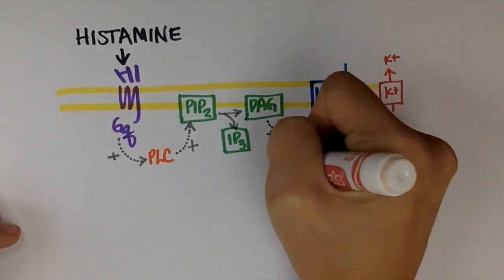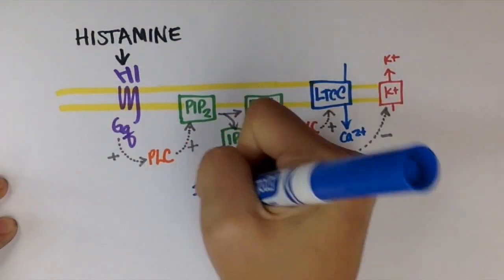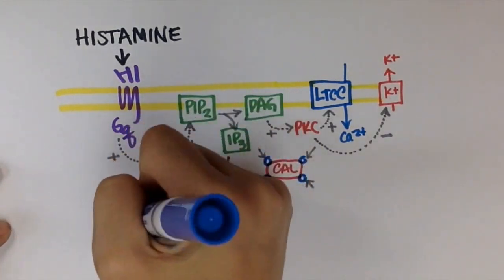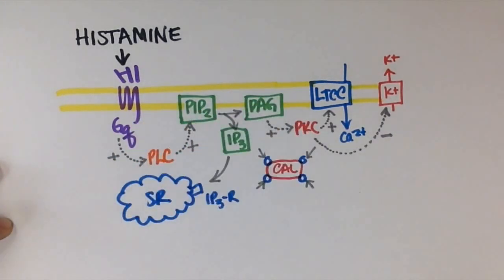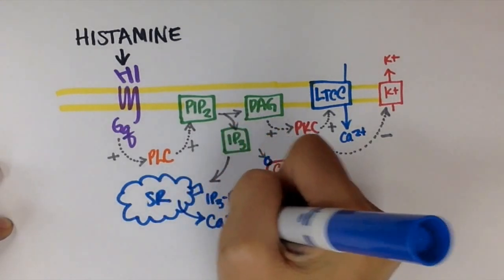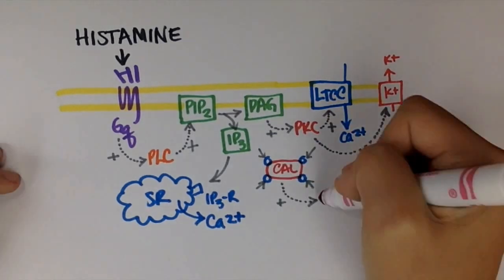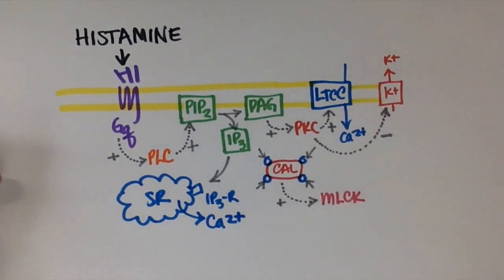The other product of PIP2 conversion, IP3, goes on to activate IP3 receptors in the membrane of the SR, a membrane-bound organelle responsible for calcium handling in smooth muscle cells. The activation of IP3 receptors allows for increased calcium release from the SR, which allows more calcium to enter the cytoplasm. Once in the cytoplasm, calcium activates calmodulin, which allows myosin light chain kinase, MLCK, to convert the inactive form